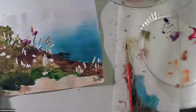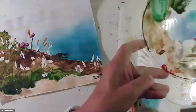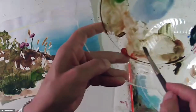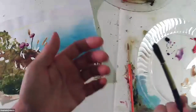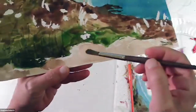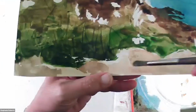And we can use what's called a dry brush technique. So if I take my brush and I'm picking up a little bit of my paint, you notice that it's kind of dry, right? There's not a lot of water in that. It's pretty dry paint. So I want to pick up a little bit of that, but my brush is not dripping. There's just paint on it, but just barely. And what I'm going to do for some of these textures down here is something called dry brushing. So I'm going to skip the brush across the surface of the paper